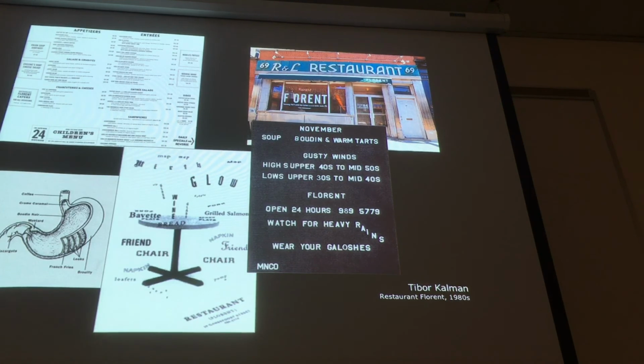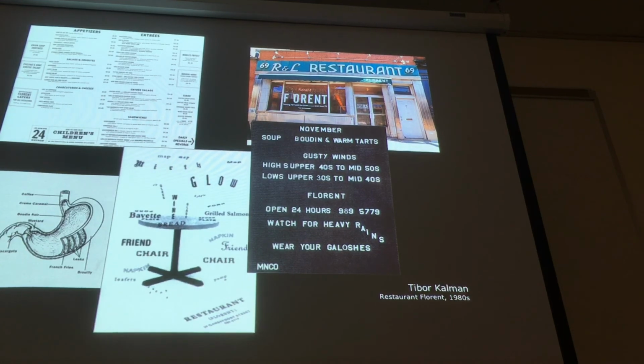So when we look at what he did for Restaurant Florent, which is a restaurant in New York City, he was their patron designer. And we look at the exterior of the building right here. And it still exists today, the building, down in the warehouse district of New York, which is now really hot as far as a district for selling things and so on. And the exterior of the building looks like an old rundown diner. In fact, it almost looks like it says "For Rent" in the window, except that it doesn't say "For Rent."